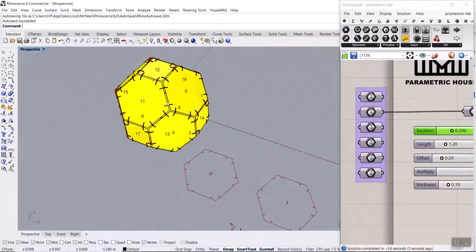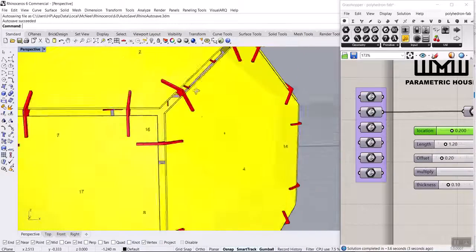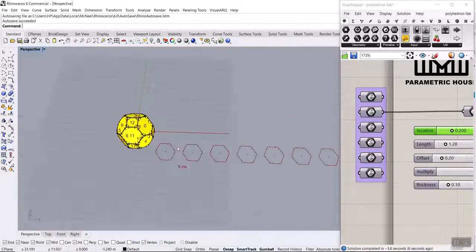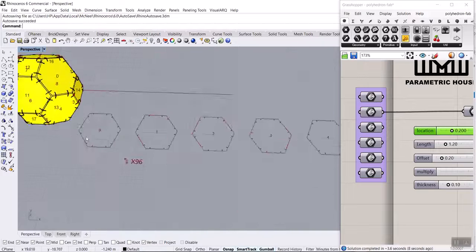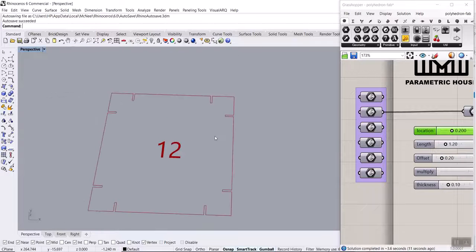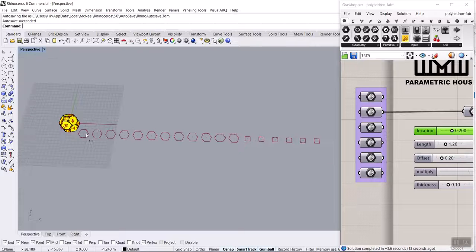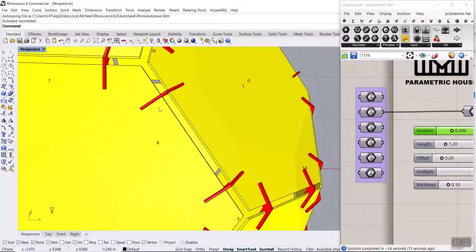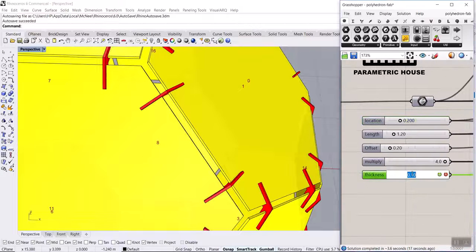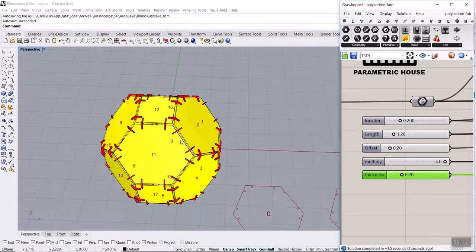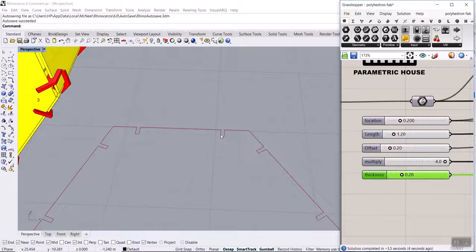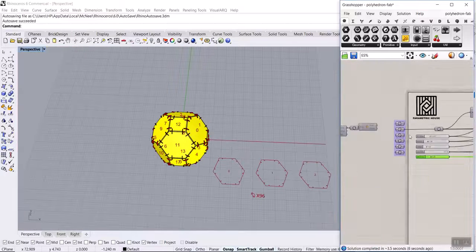Okay, and you can see that this is another polyhedron and we have these faces on the ground ready for fabrication. We can also increase the thickness maybe a little bit and change the final results. You can see that the thickness has also increased. And another polyhedron